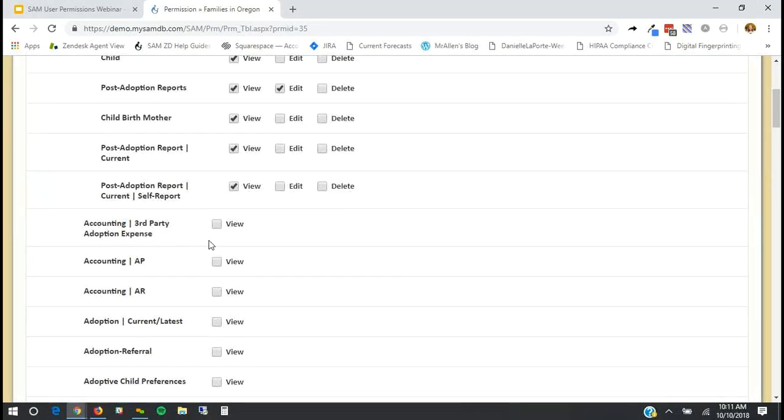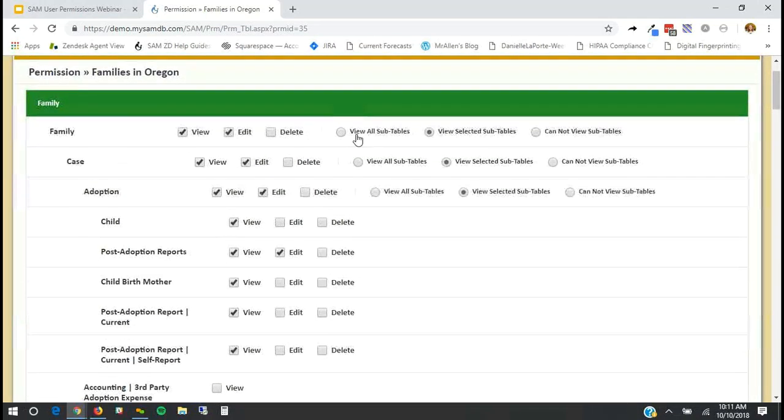So as I allow viewing, I'm always given these three options: to view all subtables, a select of those subtables, or they cannot view any subtables. When I click the selected subtables, I then have the ability to select which very specific subtables I want. And so it is kind of a deep layer cake as you've got your database set up. That's how far down you'll need to go,